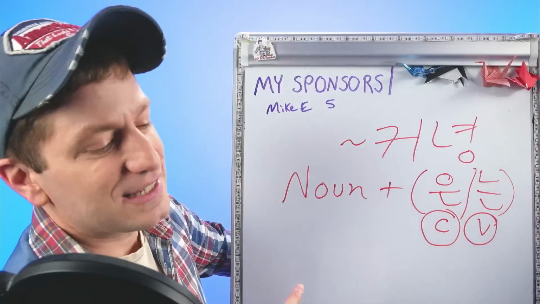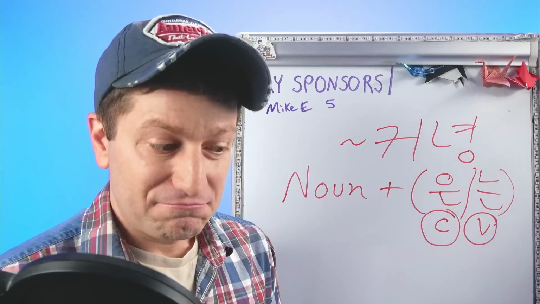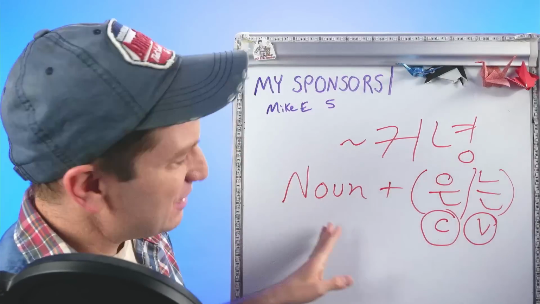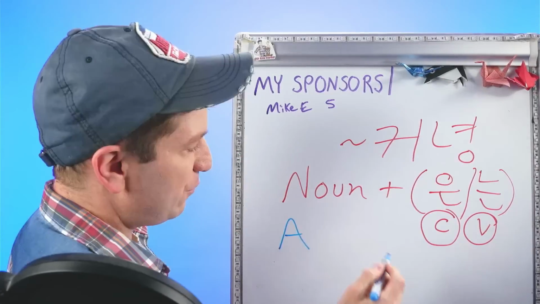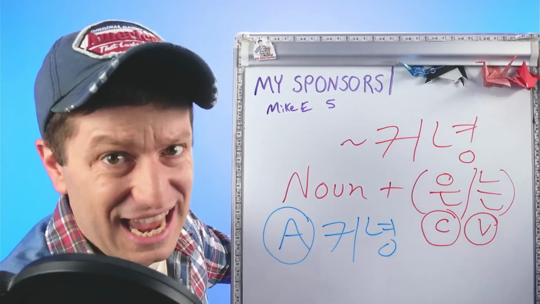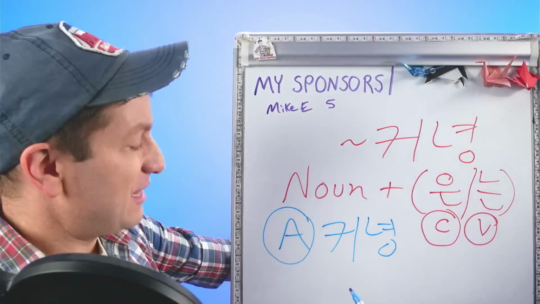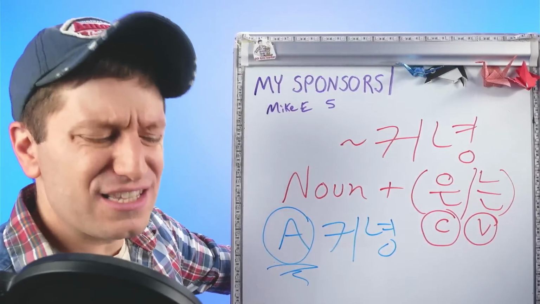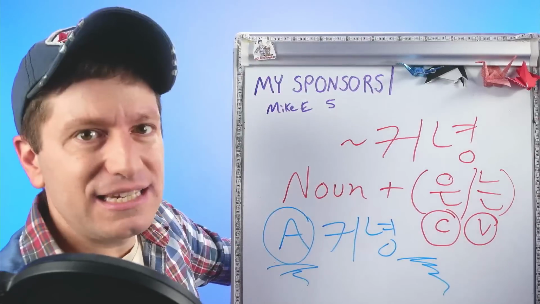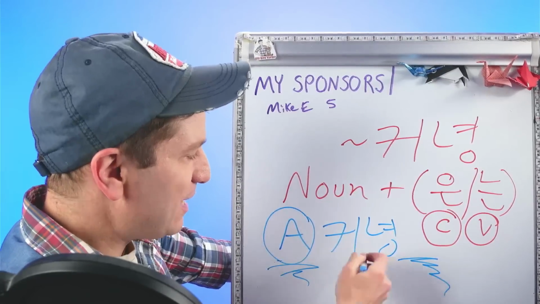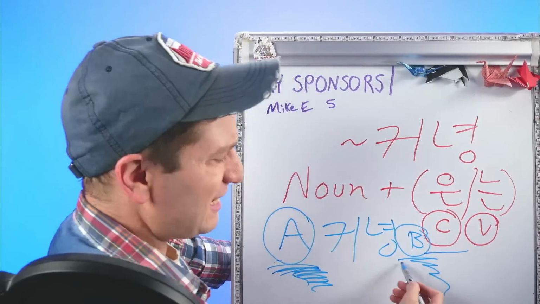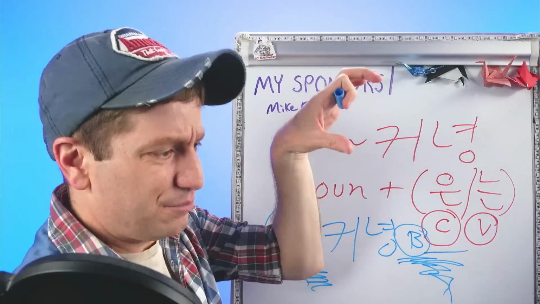So what this means is you are denying something. You're saying no, but not only are you denying something, you're also denying something that's even less than this noun. If we have A as our noun, we're saying not A, but not even anything less than A. It's used to say that something, in this case A, has a very low chance of happening, and anything that comes after it has an even lower chance. If we were to say A 컨영 B, it means obviously not A, but also not even B.